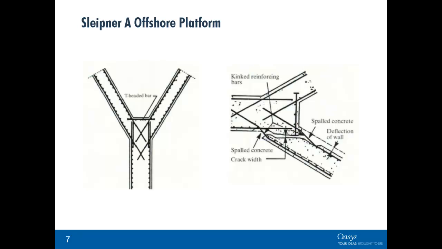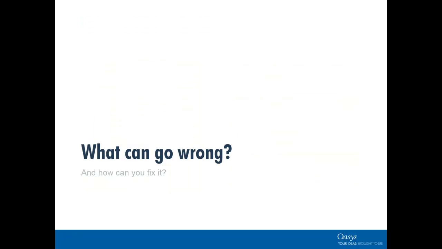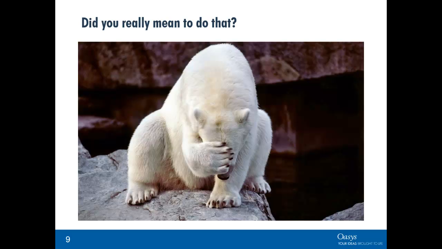Hopefully we can help you avoid at least analysis problems. So what can go wrong in analysis? Most errors in a GSA model usually come about because GSA is doing what it was told rather than doing what you wanted it to do. Sometimes the errors are subtle, sometimes not so. Sometimes modeling errors, sometimes data entry errors,